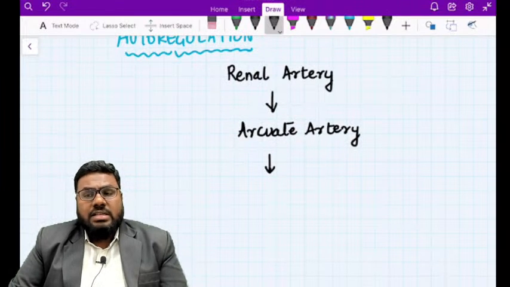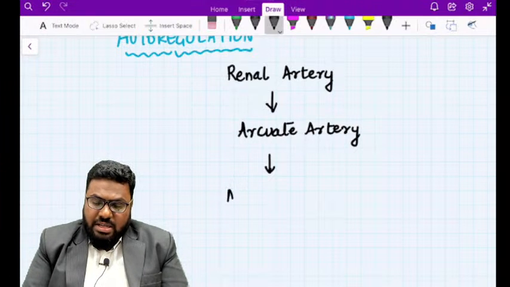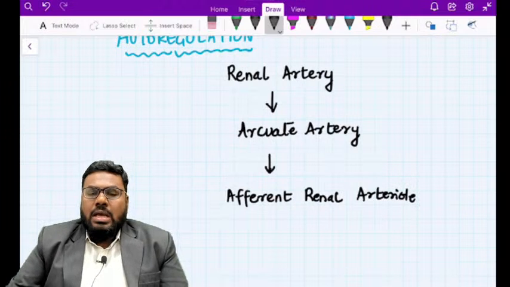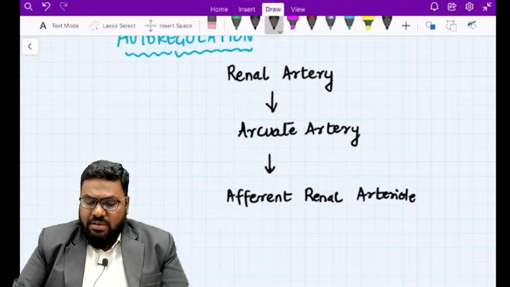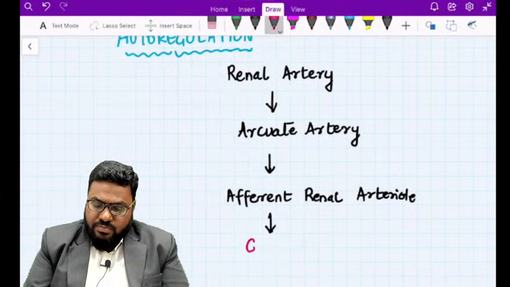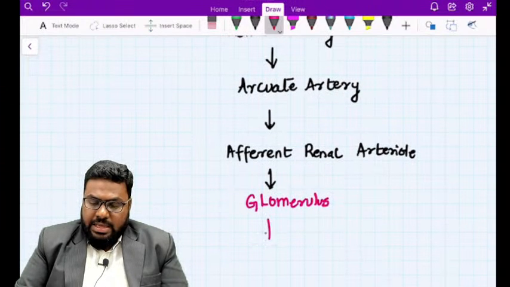All right, we are discussing blood flow through the kidney, from here to the afferent renal arteriole, next to the efferent renal arteriole, and in between we have the glomerulus. Then the efferent renal arteriole,